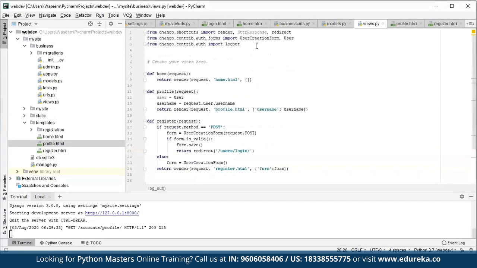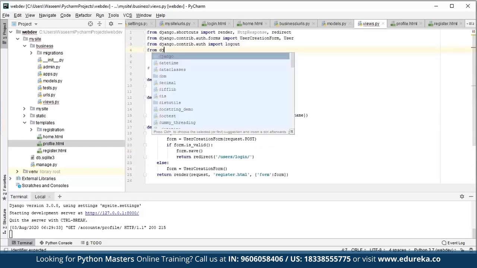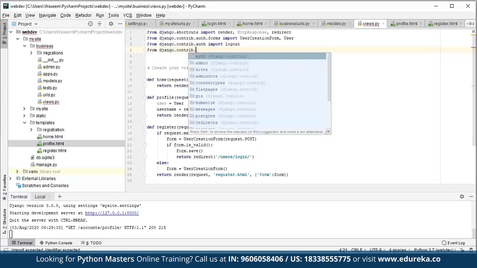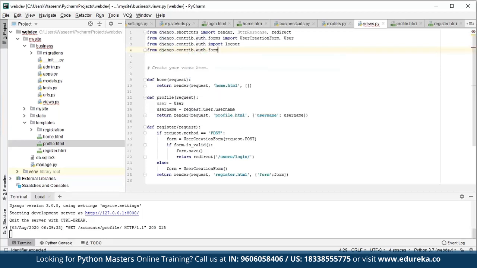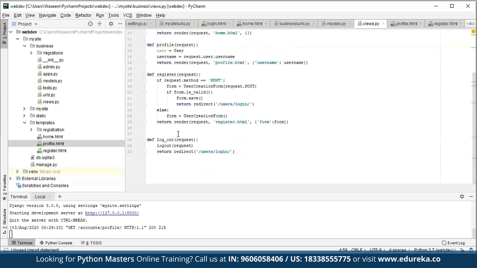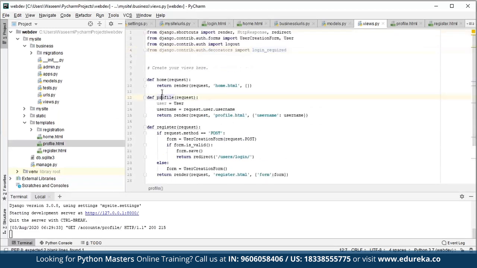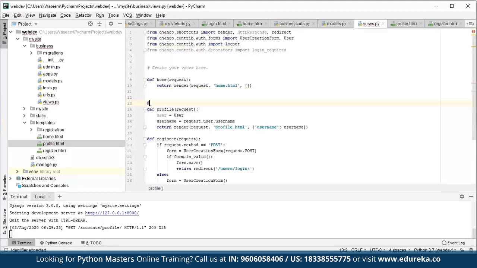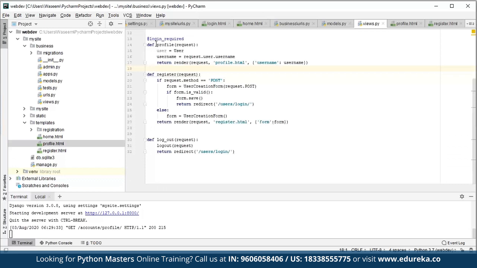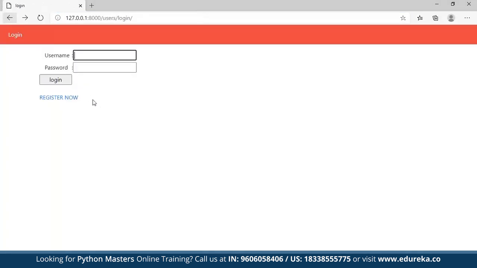To do that, I will have to import a decorator, which is nothing but login_required. Now for any URL that I want to restrict only to logged in users, I will write login_required. So to go to the profile page, there will be login required. This is what's going to happen because it's not logged in yet. So when I log in again,